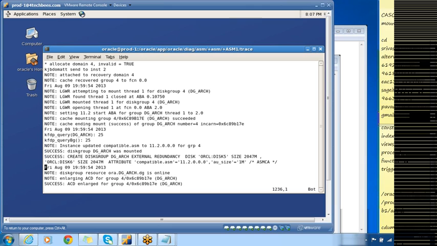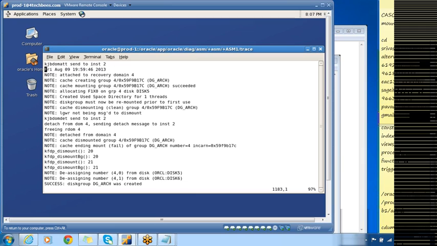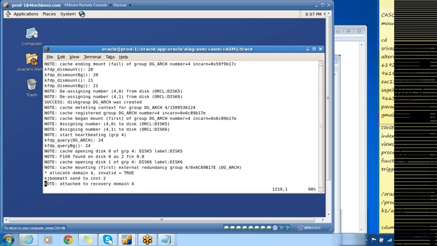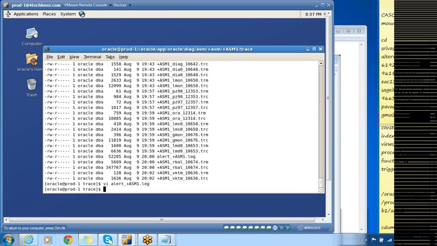You can see here, when the cluster was started, it brought up the ASM and it also mounted the disk group dg underscore cluster. So the ASM alert log and ASM trace files are present under grid base, DAG, ASM.